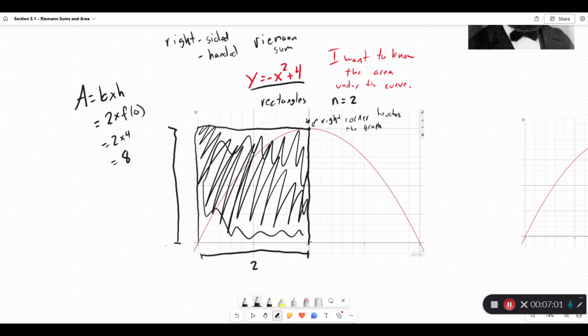Okay, what about our next rectangle? Well, if we go out until the right-hand side touches it, here's our rectangle. It's actually pretty flat. This has an area of 8. This has an area of 0. So altogether, for two right-sided rectangles, the area under the curve is approximately 8 plus 0, or 8. That is my guesstimate, because it's an educated guess, not just a